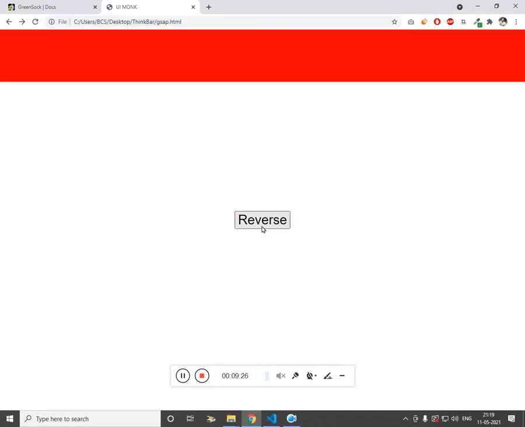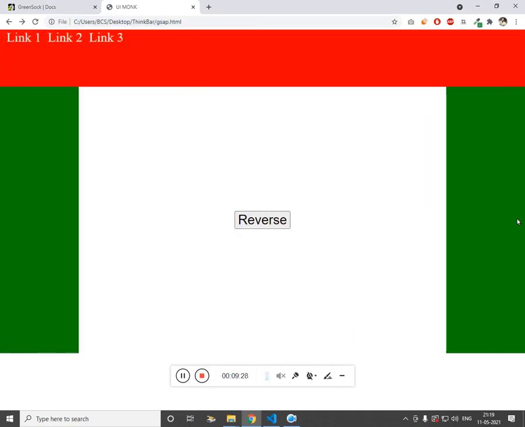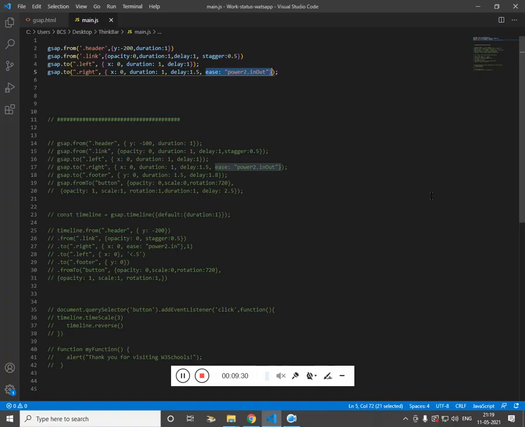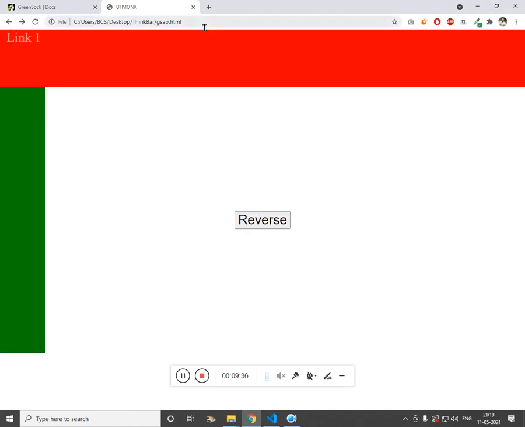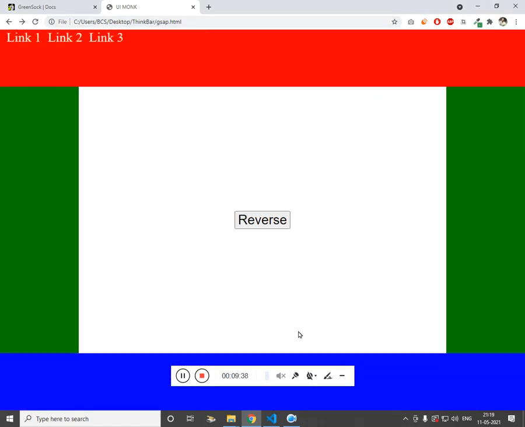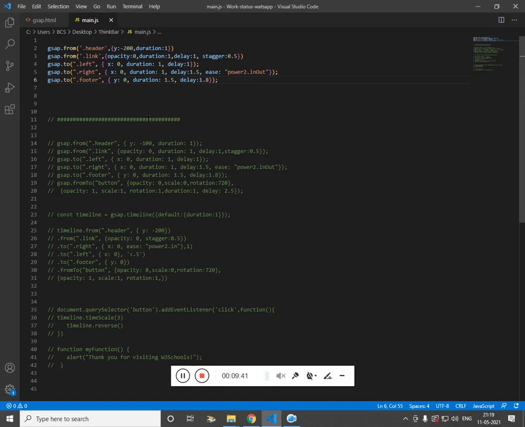So it will slowly come and end here. Then let's work on the footer. The same way, we have given the negative y-axis. This duration and delay is relative to the page reload, not relative to the previous element.